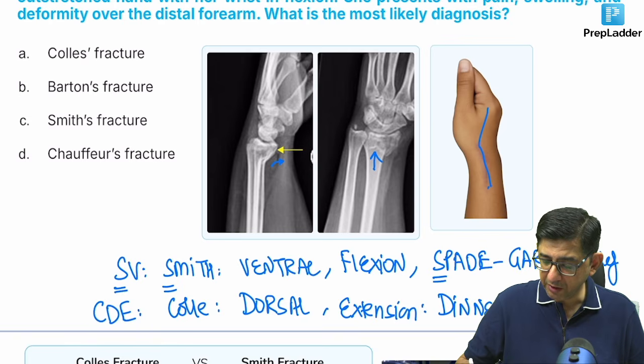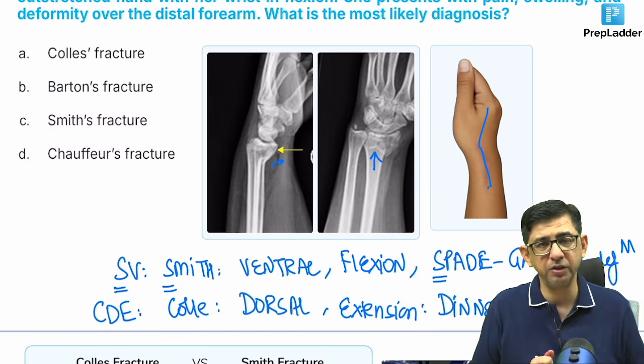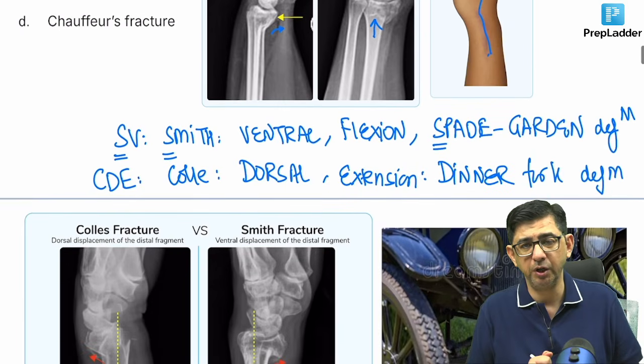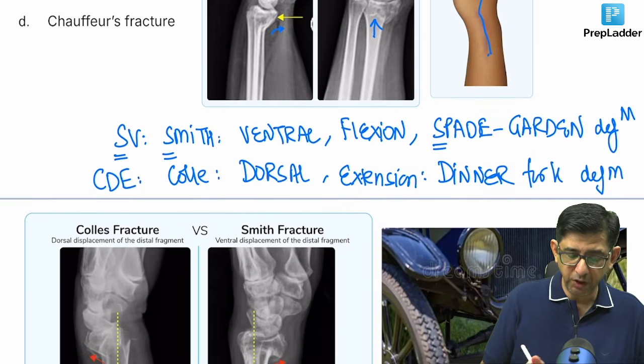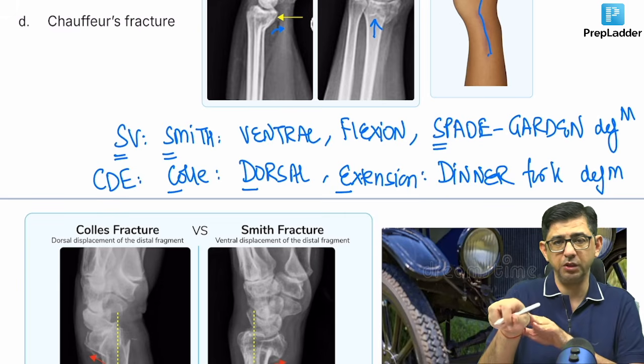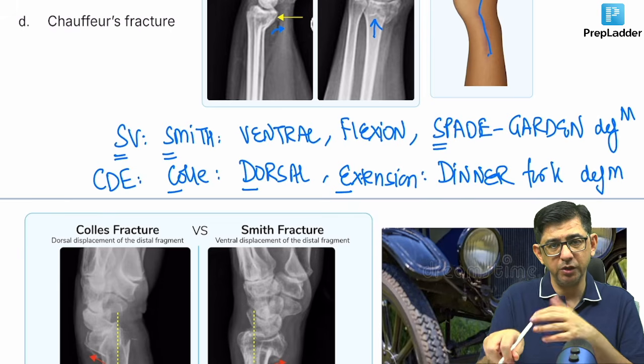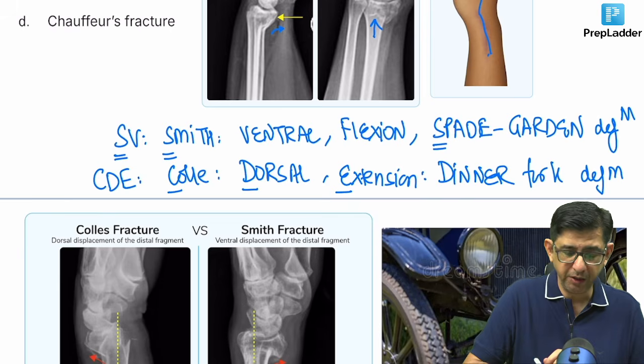So nowadays, I think that he has stopped asking about Colles fracture and started asking about Smith's fracture. But if you look at the information that I provided, it is very, very easy. Colles fracture begins with C. DE, that is dorsal displacement. Dorsal displacement would also be called dorsal, meaning upward, that would be extension. And Smith was ventral, that is downward. So SV was with the alphabets that I requested you to remember.